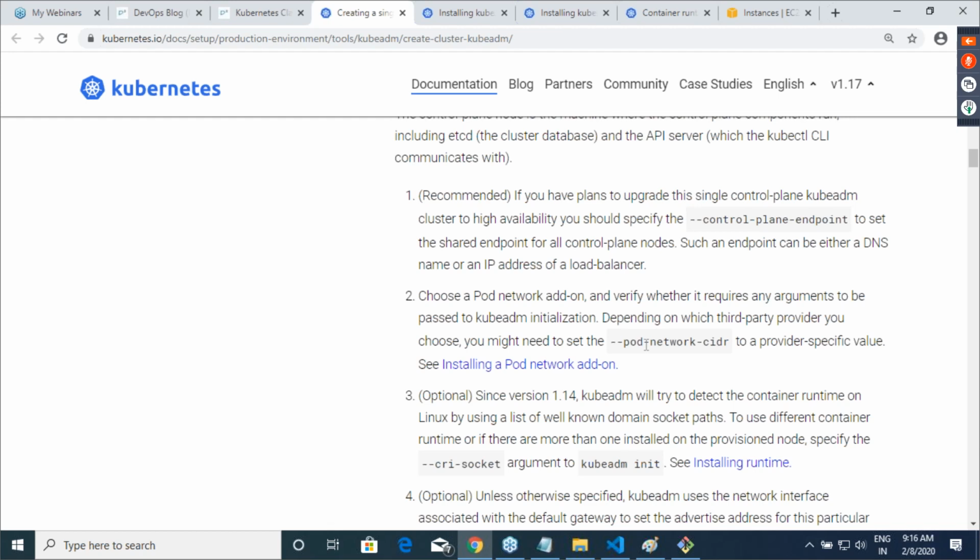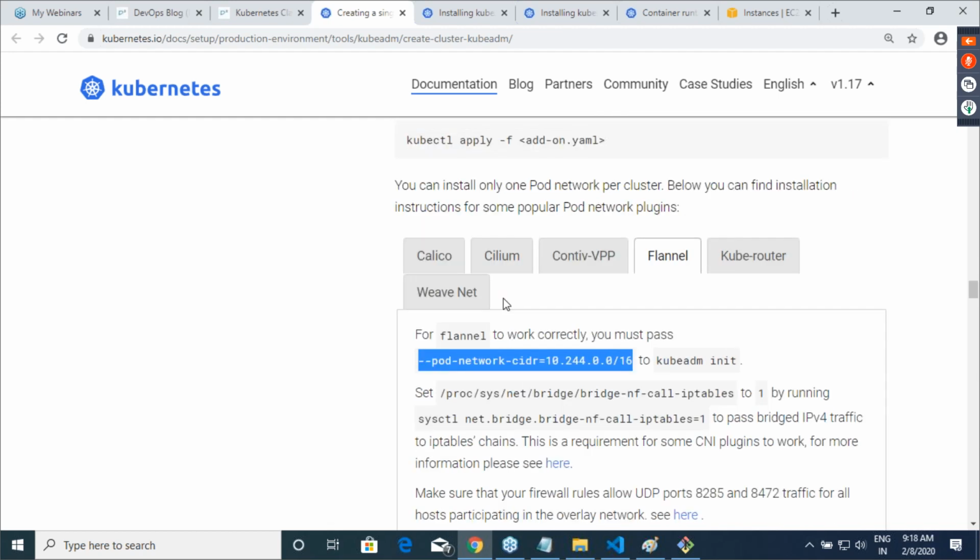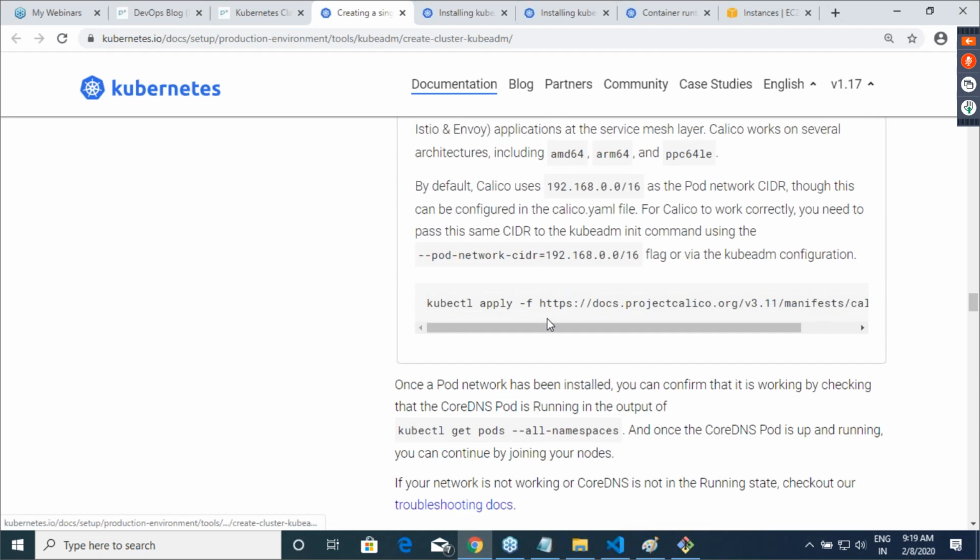Clear on this? Yes. So for example, whenever you are installing Kube network, please come down to the pod networks and see what is the network which you are going to install. Today you might not have knowledge of what this pod network is, fine, but you'll be learning about it very soon. Understand it as an implementation of your networking. There are many providers that implement networking. For example, if you are installing Kubernetes on AWS using EKS, they have written their own network driver. In the case of Docker, we have something called a pod network over here. Many third parties have used the pod network, so we have many options over here.